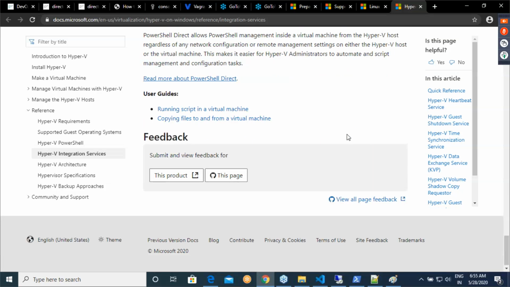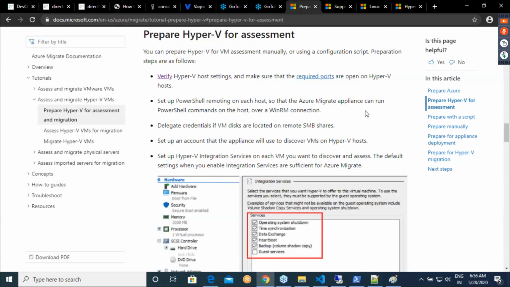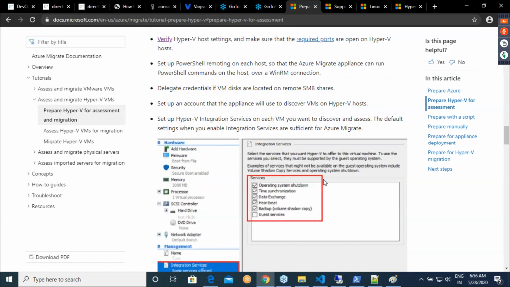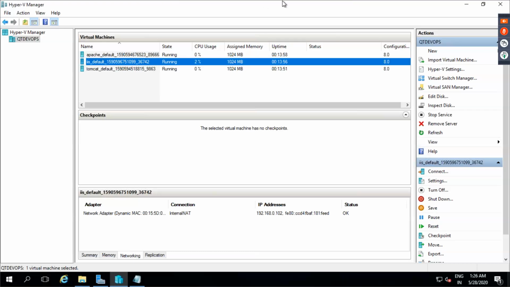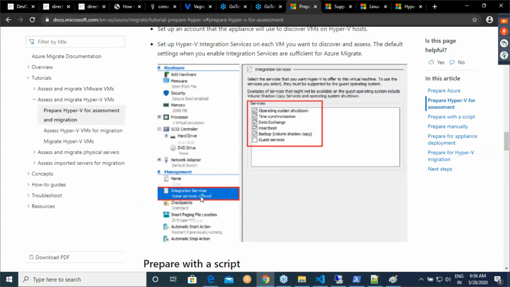So don't worry about how we are going to do all of this. It's okay. We'll be doing them step by step. Okay, right. So now, if you want to enable the Hyper-V integration services, what is it trying to tell us? If you go over here, okay, if you look into this image,